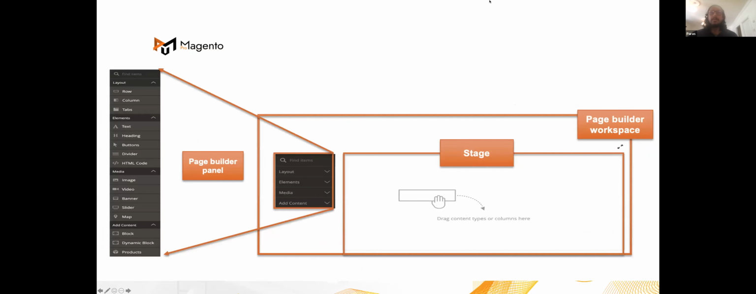And then the page builder, this is what the panel looks like, and this is like the staging area. This is called the page builder workspace. And then these are all the content types, and then you would drag and drop these content types into the staging area. One thing to keep in mind is that certain content types